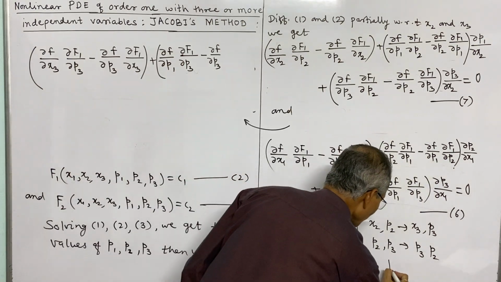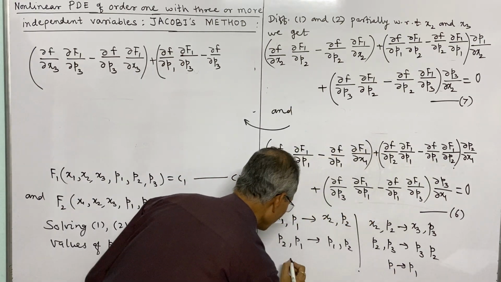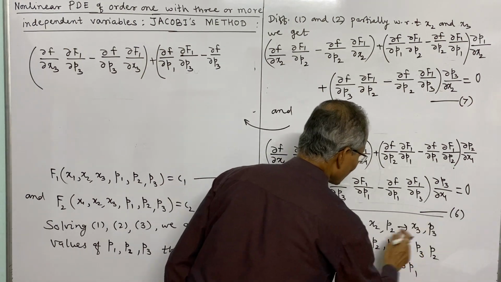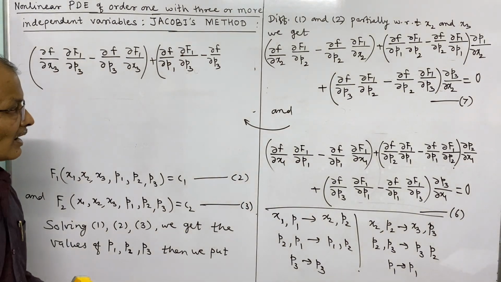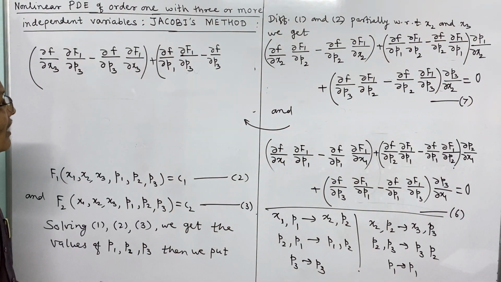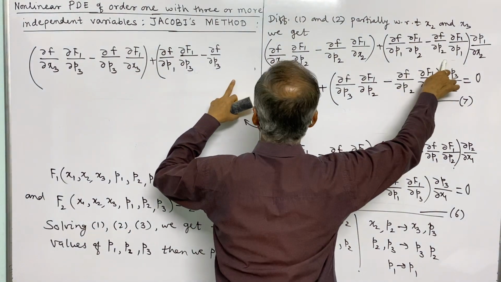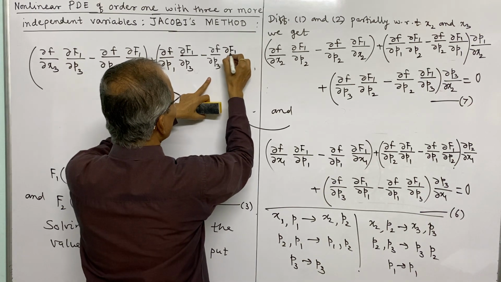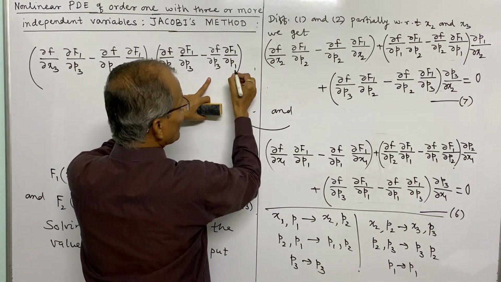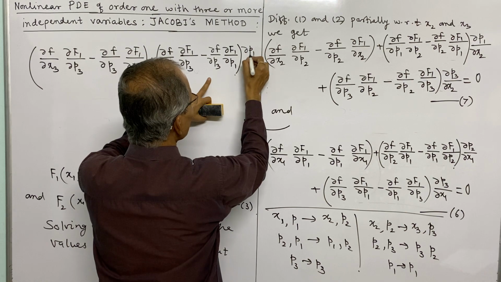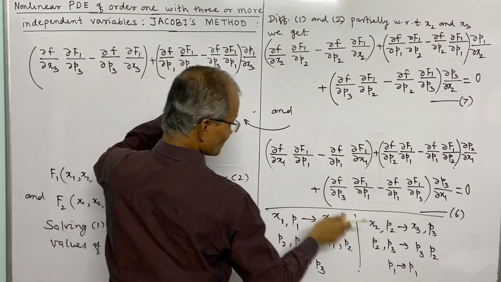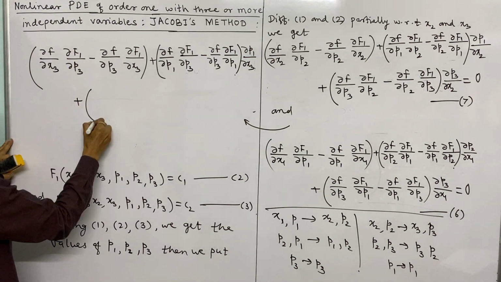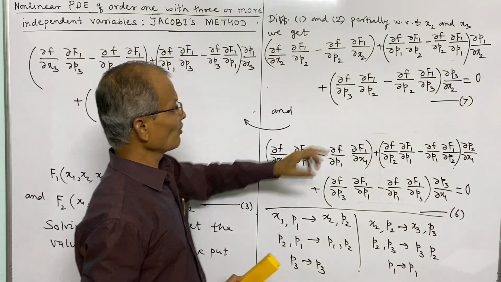So we may write here P1 remains P1, here P3 remains P3. To write the next equations we are doing these cyclic changes, and that can be verified independently. This is ∂F/∂P3, ∂F1/∂P1 no change, and ∂P1 no change, ∂X2, X2 becomes X3, and plus the next term, that is ∂F/∂P3,